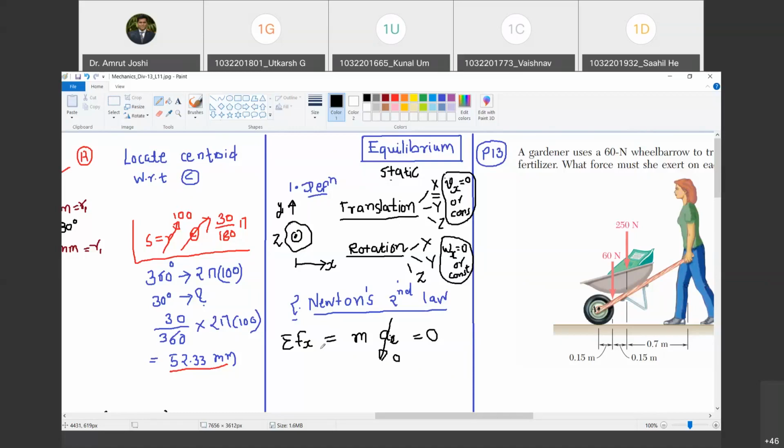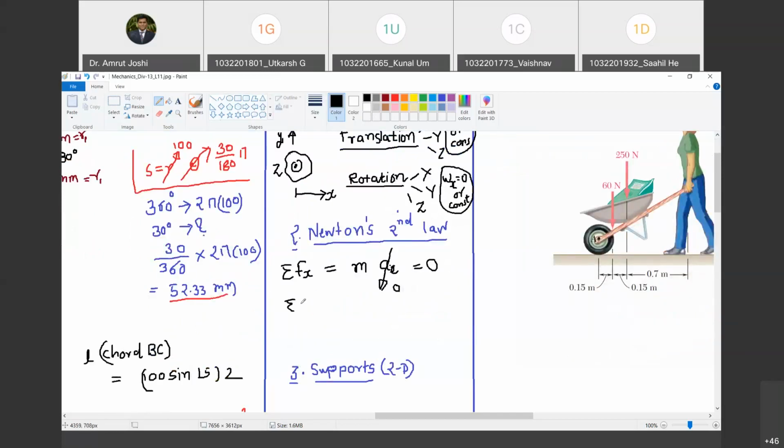I hope you are understanding what I am trying to say. Yes, sir. Unfortunately, till 11th and 12th standard we are taught that balancing the forces would guarantee equilibrium. No, it's the other way around. We first define what is equilibrium, and as we define equilibrium in this fashion, the consequence of application of Newton's second law is balancing of forces. Are you with me? Yes.